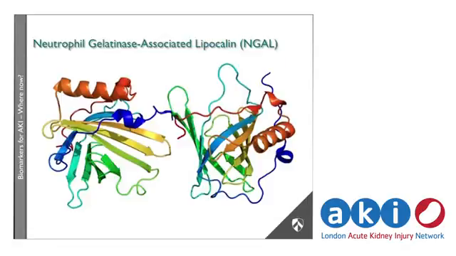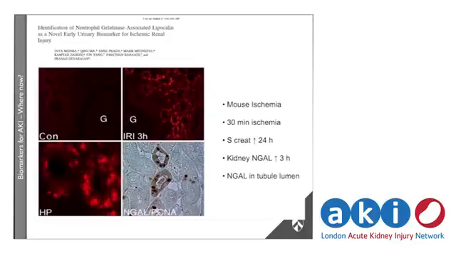The original biomarker, so to speak, was NGAL, and this was identified by a kind of genetic approach. They screened a lot of RNA expression. They found that NGAL was specifically elevated. They found a lot of other candidate molecules. This is a mouse model of renal ischemia, and they found that the NGAL went up within 3 hours and the serum creatinine only rose in 24 hours, and they found NGAL expression in the tubular lumen.